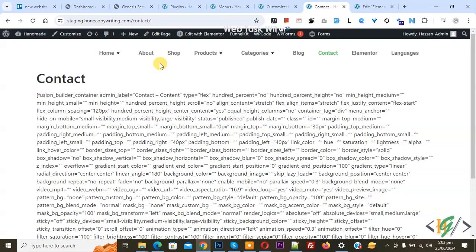Bismillahirrahmanirrahim. Assalamu alaikum. My name is Hassan and today we are going to change color of drop down arrow when